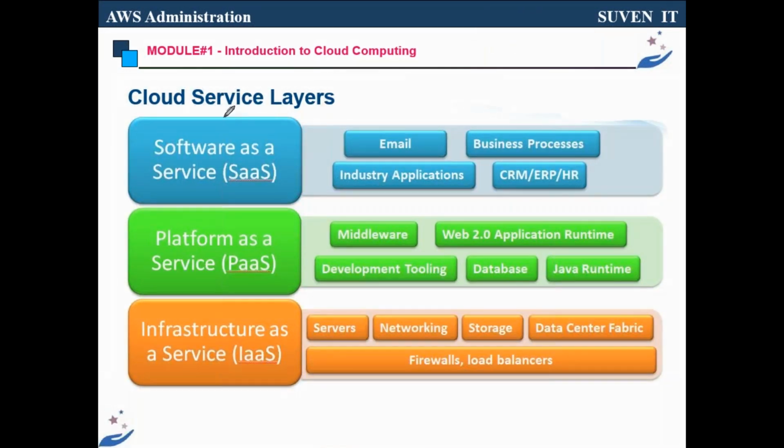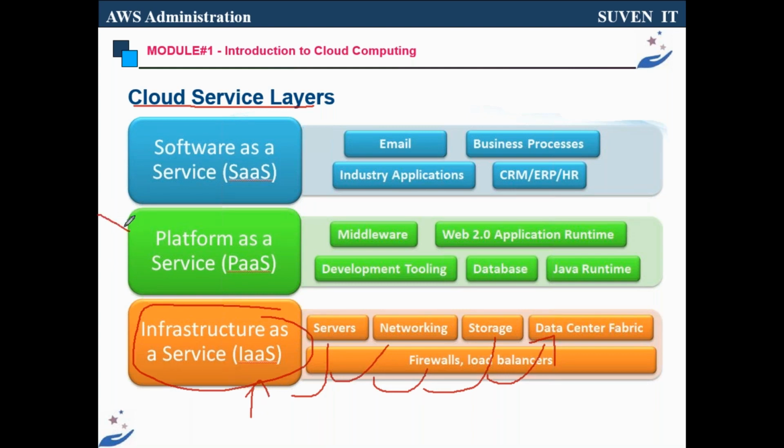So then coming to infrastructure as a service, we are going to deal with everything related to servers, networking, firewall, storage, and data center. All these are things we are going to discuss as part of our IaaS model.